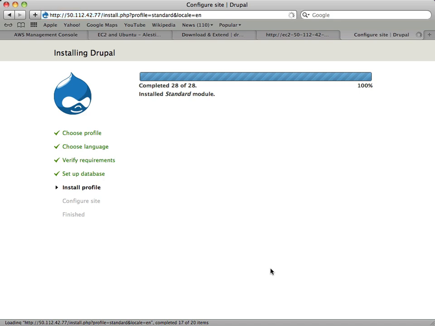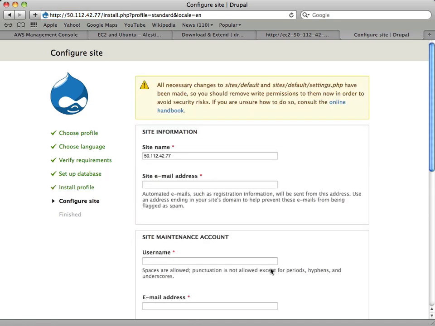Now, why did you not run MySQL in the same server? You could. But this gives it a true n-tier architecture, right? So your database server is independent of your web and app server. So you can spin up more Drupal instances that basically connect to it. But if you were just doing one, there's no reason you couldn't do that.